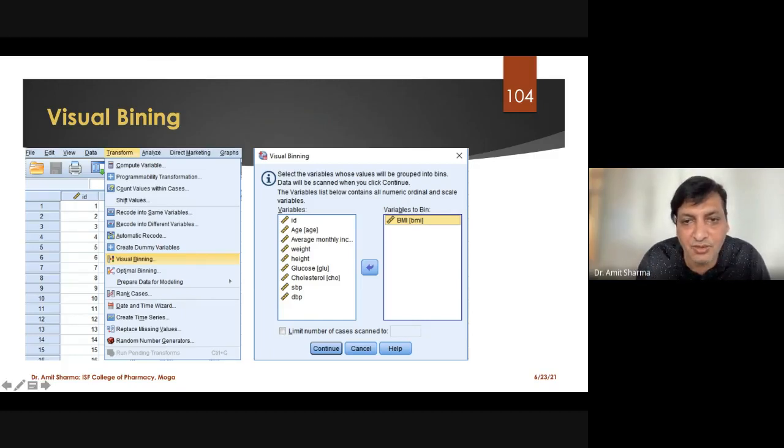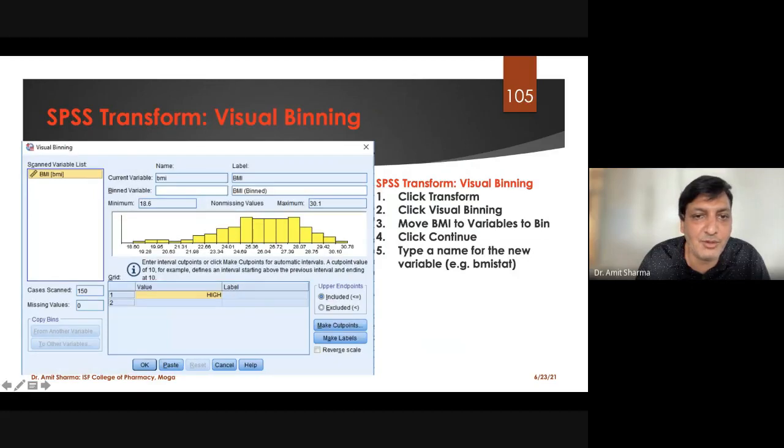In the list you are not going to get any categorical variable, because categorical you cannot convert. So only numerical variables will be here. As you know, I have to change the numerical data of BMI into categorical. So what I did, I took BMI from this side to this side. Clear? And I'll click OK. So once I click OK, this is the visual binning window.